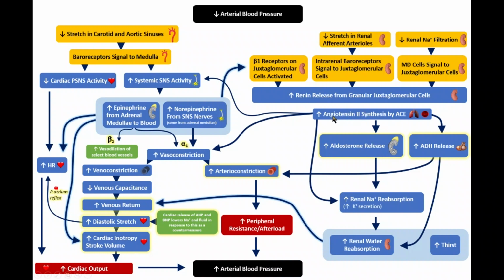Angiotensin 2, though, is the workhorse or the final messenger that's doing so many different things acutely and chronically. What they call that is the rapid pressor response and the slow pressor response. The rapid one is that angiotensin 2 causes an increase in norepinephrine release from the sympathetic neurons to immediately cause an increase in vasoconstriction and heart rate. Angiotensin 2 directly causes vasoconstriction through its own receptors, probably a little bit more arterial than venous, but it does